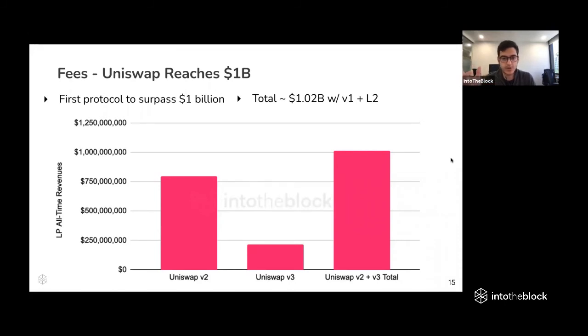Of course, as you guys may know, from the volume, liquidity providers and in some cases token holders earn fees. In this case, Uniswap recently became the first protocol to surpass 1 billion in lifetime revenue being generated by its supply siders, so the liquidity providers. And of course, this is a big accomplishment, taking into consideration that Uniswap v2 launched just in May of last year. So it reached 1 billion between v2 and v3, including v1, which of course wasn't as successful